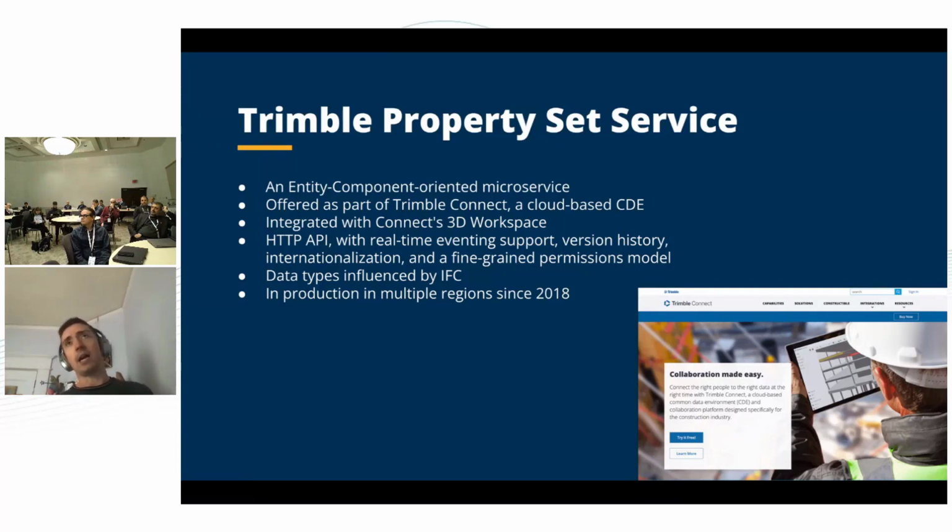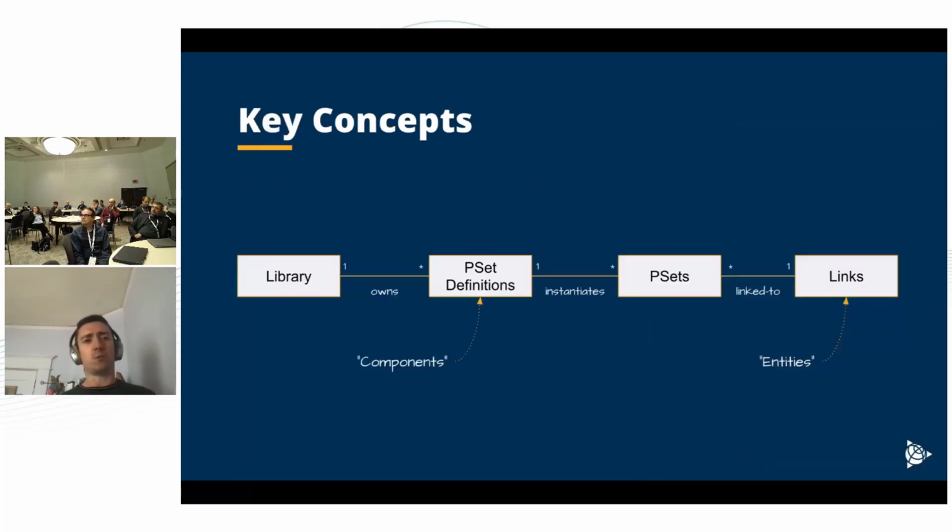Interestingly, this particular service uses a type of semantic data typing that is derived from IFC, so it's fairly close to and influenced by the open standard itself. It has been in production in multiple regions since about early 2018. I've used it to write a lot of client integrations with good success, and it's a small and lightweight service that's part of a bigger ecosystem. So that's the property set service in a nutshell, but it's worth seeing how the interactions with it and customers do work